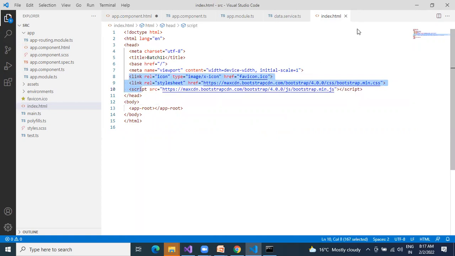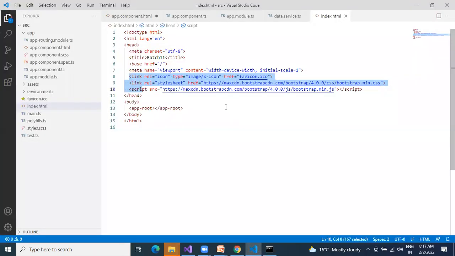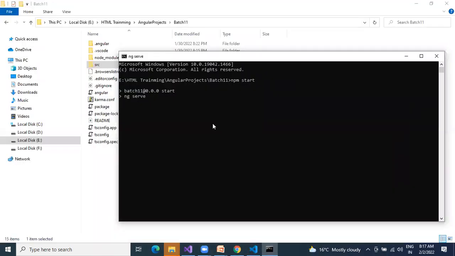So third party, for example, Bootstrap. Bootstrap here is my third party. Everybody has the notes, right? Please take the notes.